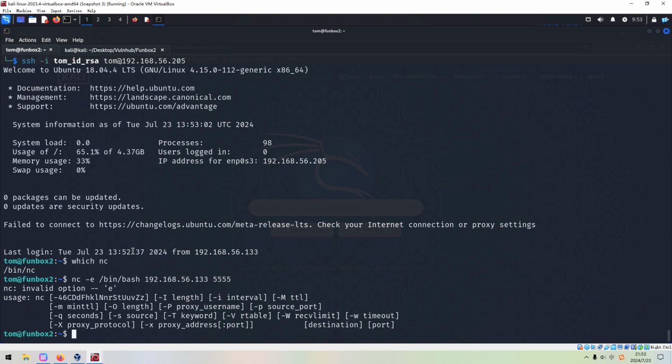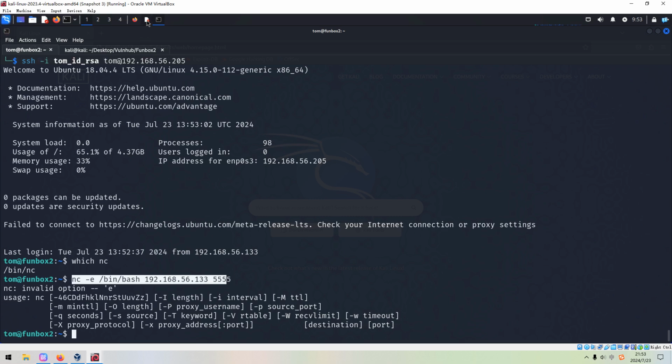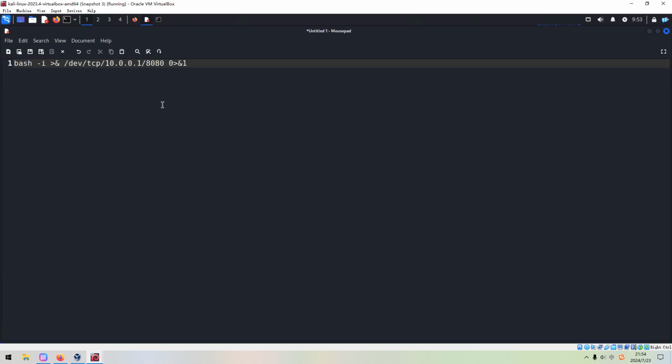Press enter. However, we got the error. So it means that this way cannot work, and we need to try something else. You can get different reverse shell commands from this website, pentestmonkey. For example, I'd like to try this command, and we can paste it in here. We need to do some modifications, and the port number,